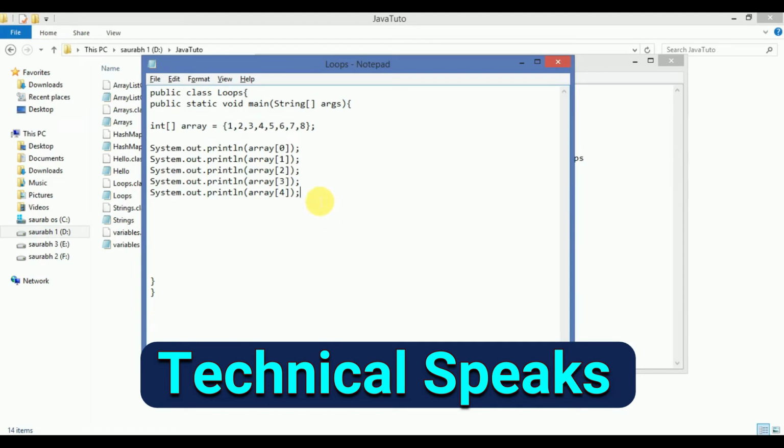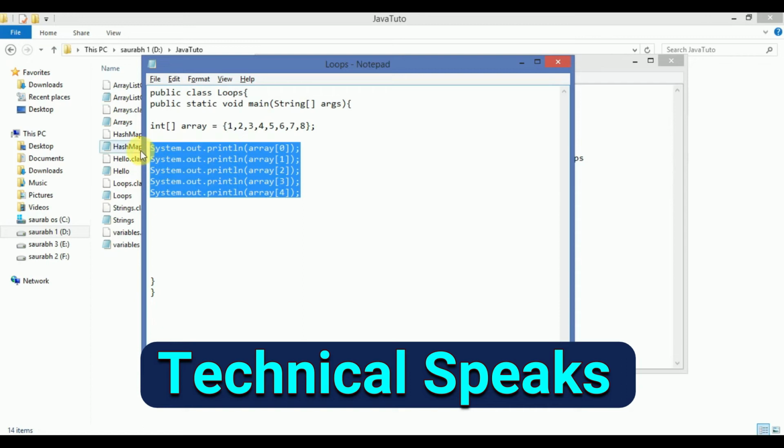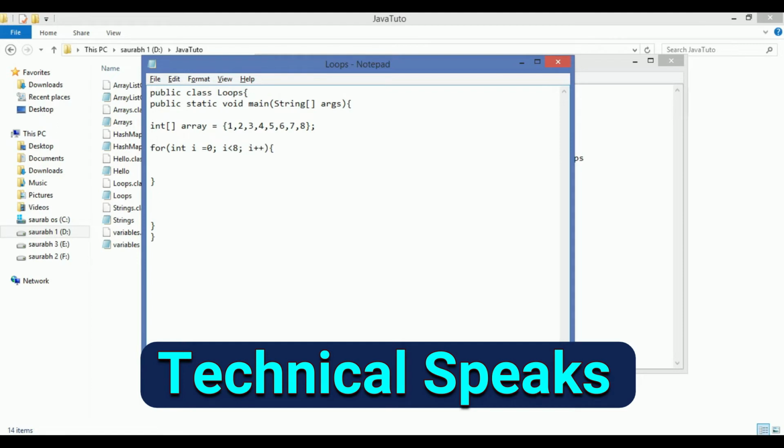Now if I talk about loops, the same thing we use for loops, like for, under bracket, we pass int i is equal to 0, i is smaller than 8, i plus plus. First, let's try to understand what this actually means. Here i is equal to 0 simply means we assign it to the 0th position, which is the first index of this array, and then we want i to go to the last element.